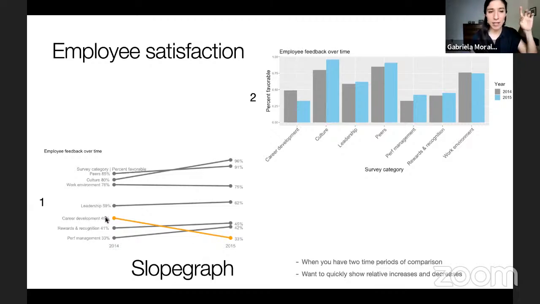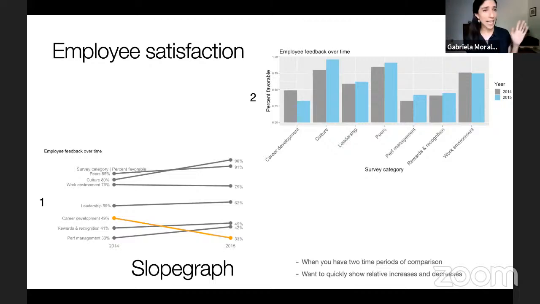So look, if I use a different color like this, so bright, your attention is drawn to that one. This is the one I want you to focus your strategy on next, because this is the one where you're really failing. If you just want to give one message, instead of having this one, which is a little hard, it's not as obvious. So for the message I was giving, number one is better, because I want to focus only on that: this slope went down really a lot. So you should be focusing here.